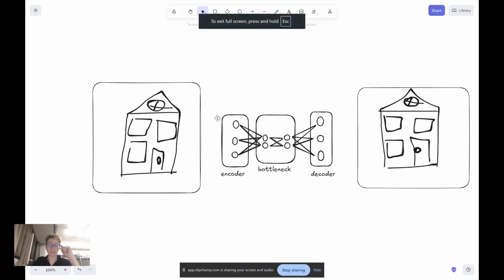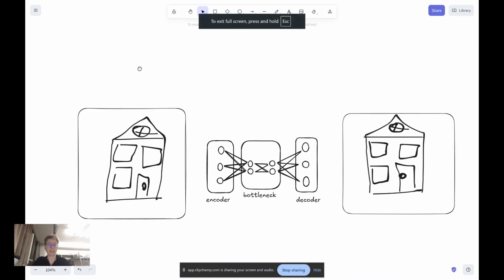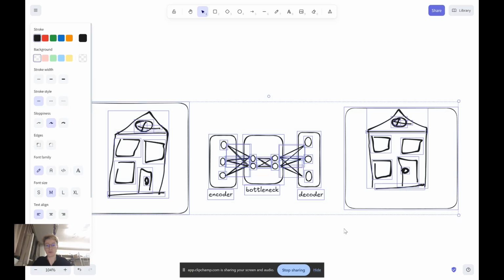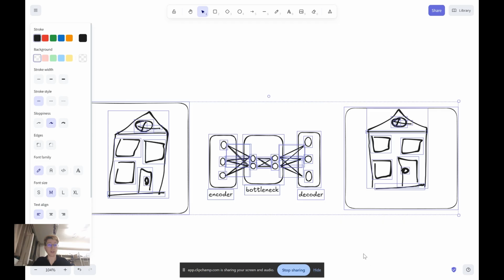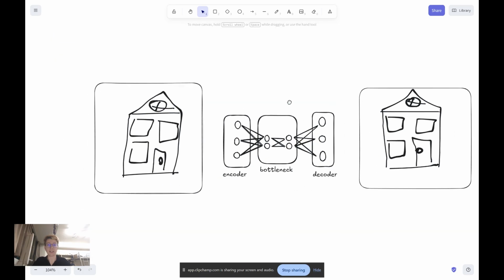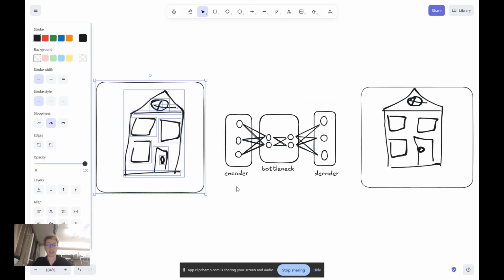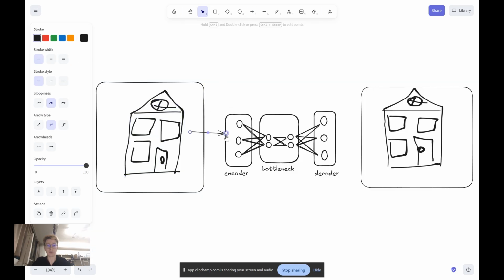Hi everyone, in this video we're going to take a look at how autoencoders work. So the main idea is you give it an image as an input to the encoder, then the